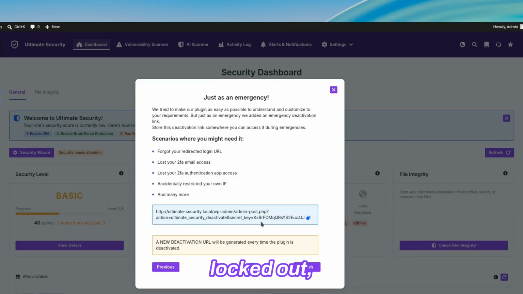If you ever get locked out, entering this exact URL into your browser will temporarily bypass and deactivate the security features so you can regain access safely. We recommend copying this link and saving it in a secure text file or password manager. Once you have safely noted this information, look at the bottom and let's click on the Finish button to conclude